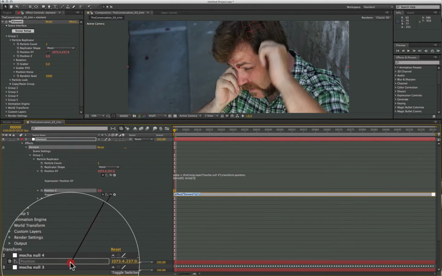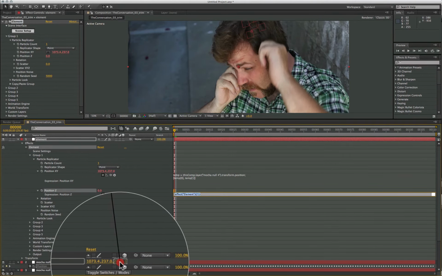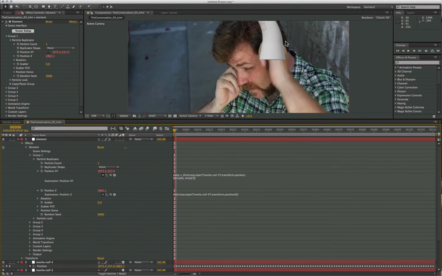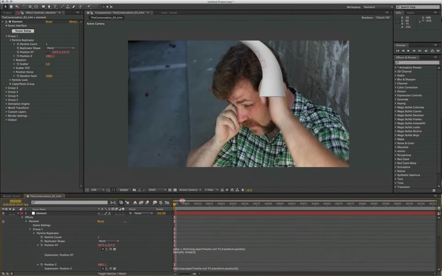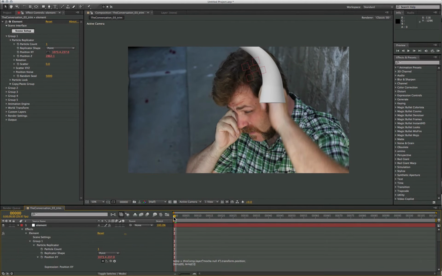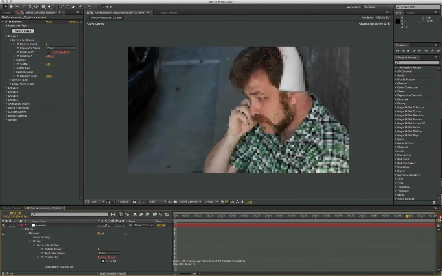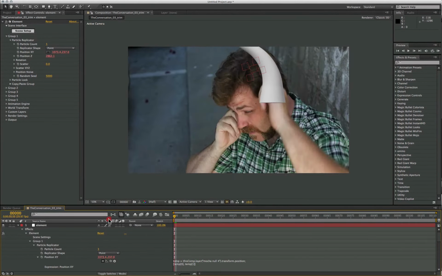So rather than holding on the position area, I'm going to hold over the Z position area, like that. And now we can see our horn in the shot. So I'm going to come back out here. Now, obviously, at the moment, if I drag through, you can see that it's kind of sitting on the side of his head like some kind of weird sideburn,